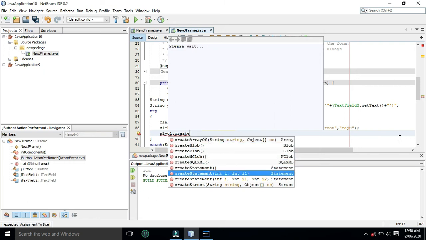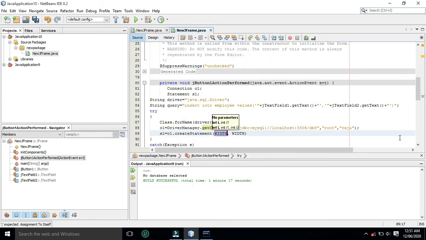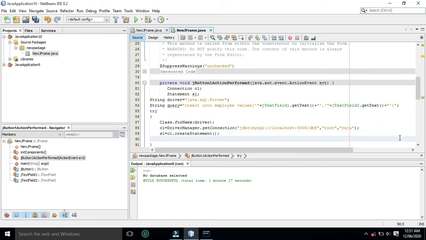Now we will use s1 class to execute the query. So we will use s1.executeUpdate method to execute the insert query.